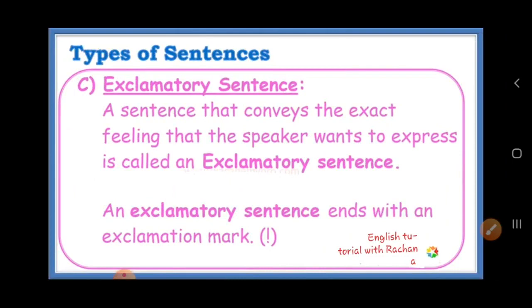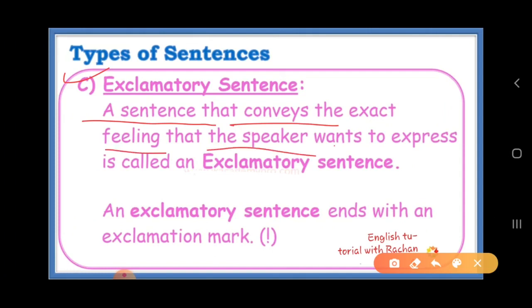Now let's understand other kinds of sentence. So the other type of sentence is that we have exclamatory sentence. Now, dear student, what is an exclamatory sentence? So a sentence that conveys the exact feeling that the speaker wants to express is called an exclamatory sentence. To conclude, I would like to say you that an exclamatory sentence expresses the exact feeling, means it expresses the feeling. How can you know the exact feeling? With the help of the sentence you will be able to understand that whether the speaker is surprised, happy, sorrowful, okay, full of disgust, full of applause, or whatsoever feeling he